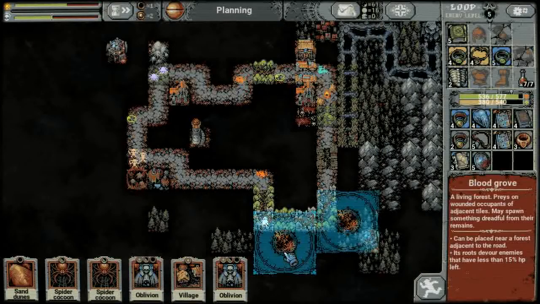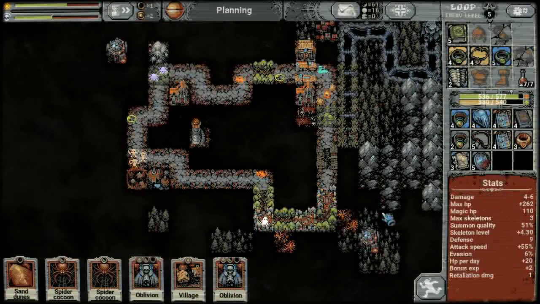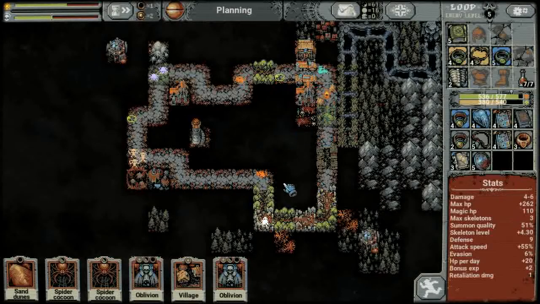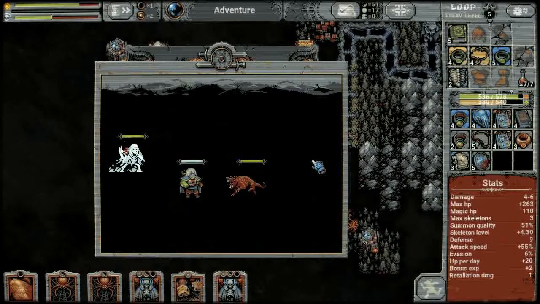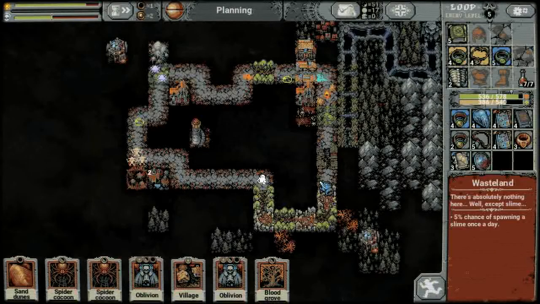We have 2 spider cocoons in a village, and we got a tough fight coming up. We are going to have 4 goblins. I think we'll try this fight. We should be able to make it back to the campfire without too many issues. So let's see how difficult this battle against the goblins is going to be. If it turns out that I drink like 3 potions, I think we will probably...